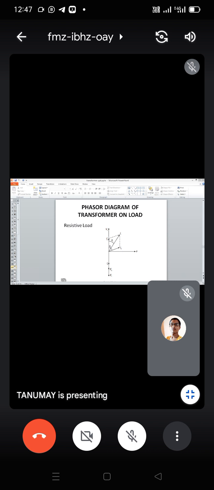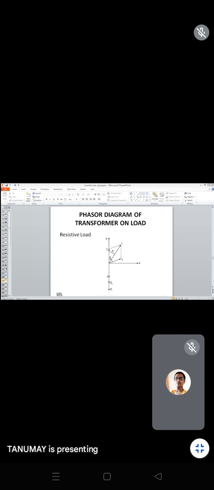So you see, in case of resistive type load, similarly this is the direction of V1, this is the direction of phi, this is the direction of E1 and E2. I told you earlier that in case of resistive type load, V2 and I2 will be in the same direction. So this is also the direction of V2. The direction of V2 and E2 will be the same, as we are considering no loss over the secondary side. That's why this is the direction of I2.